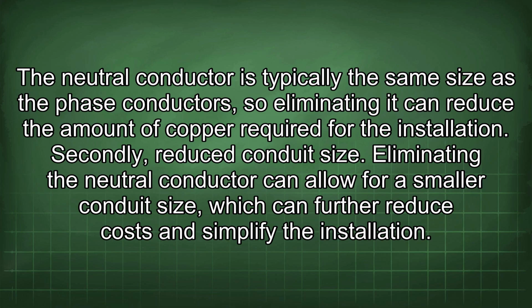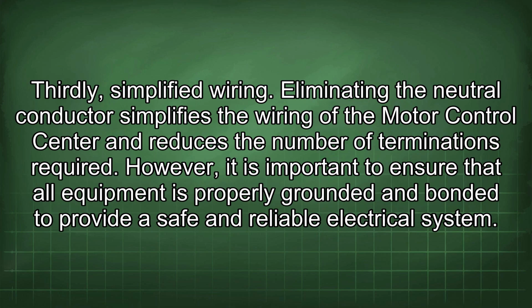Secondly, reduced conduit size. Eliminating the neutral conductor can allow for a smaller conduit size, which can further reduce costs and simplify the installation. Thirdly, simplified wiring. Eliminating the neutral conductor simplifies the wiring of the motor control center and reduces the number of terminations required. However, it is important to ensure that all equipment is properly grounded and bonded to provide a safe and reliable